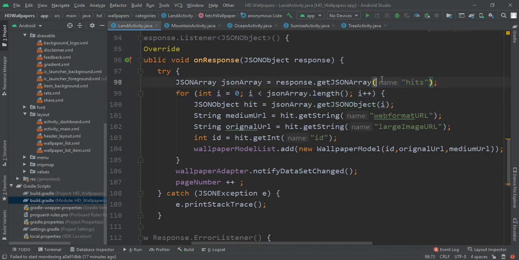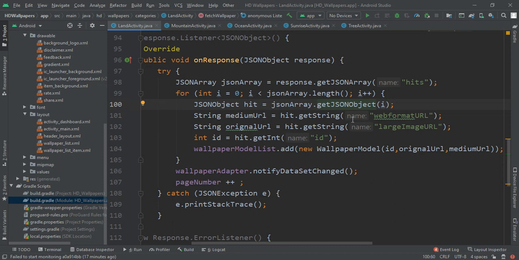It will end when we complete all these hits. Now in that hits, what will we get? We will get a JSON object that is hit is equal to JSON array dot get JSON object of this integer. Means here we are getting all the inputs that are in the hits array.